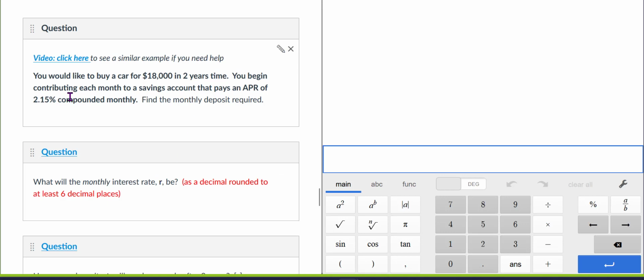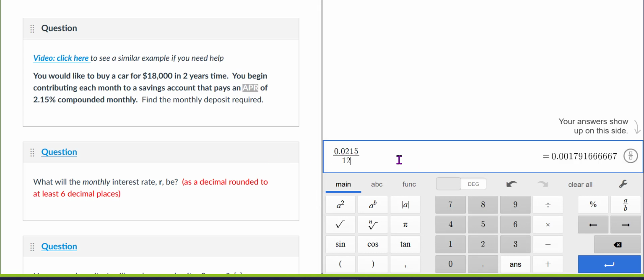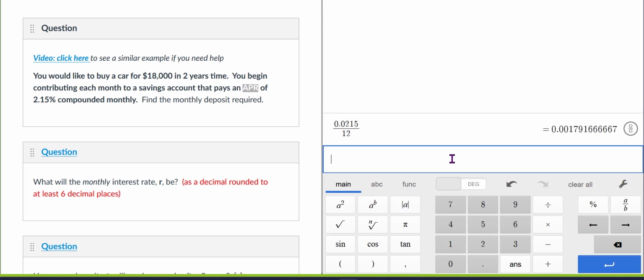Okay, so APR means annual percentage rate. So we need to take the APR of 0.0215. First, convert the percent to a decimal, move the decimal point 2 spots to the left. So that's the percent as a decimal, and that's the annual percentage rate. Divide that by 12 to get the monthly interest rate, and that is approximately